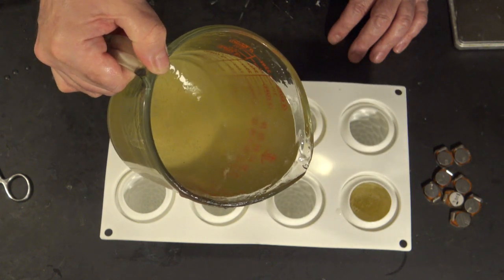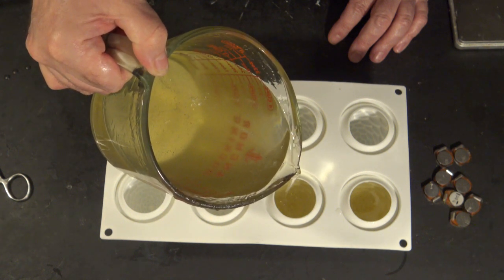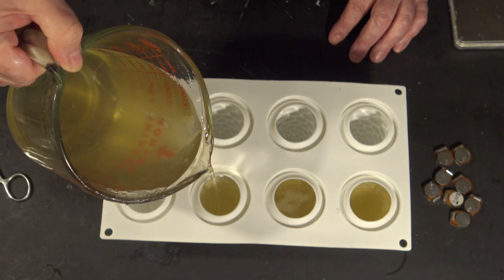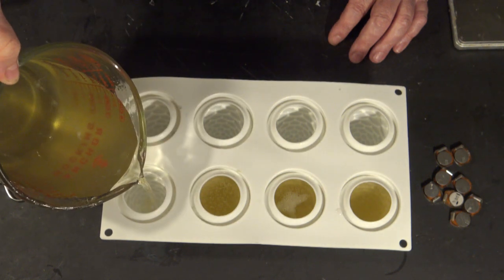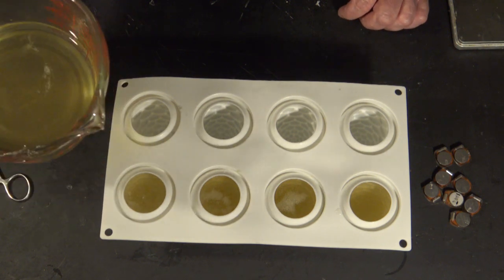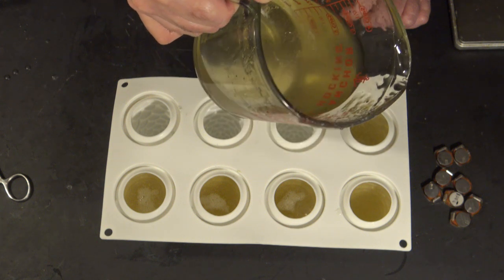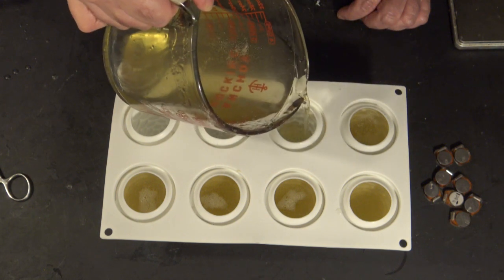So I'm doing them almost, but not quite full. Trying to do them all about the same. Of course, doing this a bit by eye, but that's okay. I think I actually got a couple of them a little full, but I'm only showing you one set. I'll be making about 50 of these probably, because